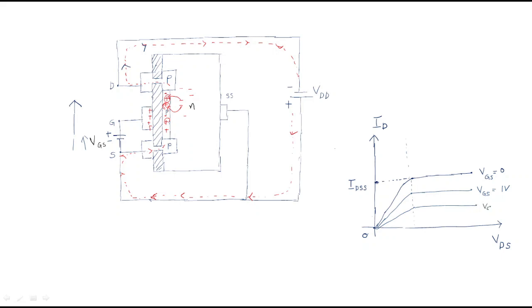So when the gate source value is 2 volts, and the positive value still increases, then again this value decreases. So I will write,